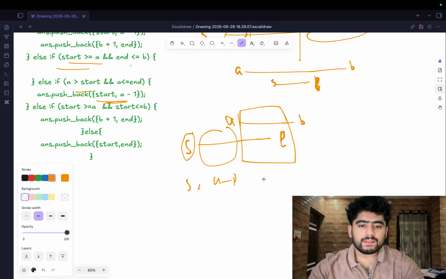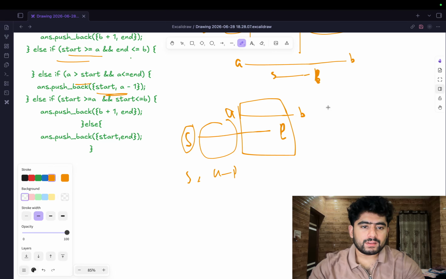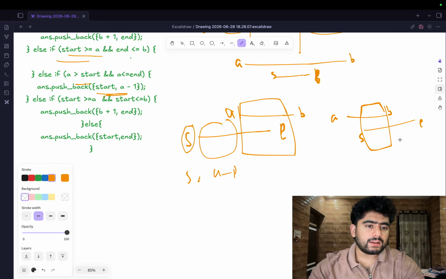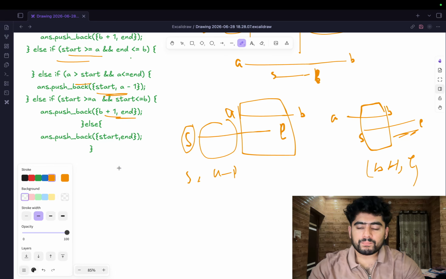And the fourth case is the opposite of this. We have something like a comma b, and our start is from the middle and end is outside, so now there is overlapping on the left side and something free on the right side. So in this we get something like b plus 1 comma e. Yeah, you can see that. And the else part is like